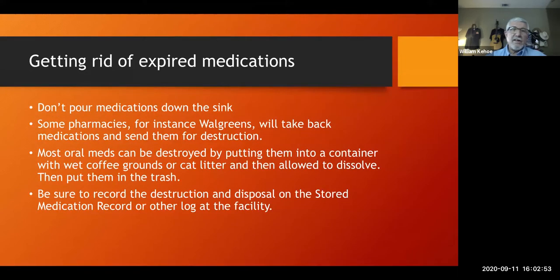Now, another thing that comes up a lot is, well, what do I do with expired medications? Okay, so we don't put those down the sink. And fortunately, there are now 2 take-back programs. One is the DEA occasionally will have take-back programs for controlled substances like the Vicodins and Norcos. The idea there is to pull as many of these out of circulation as we can